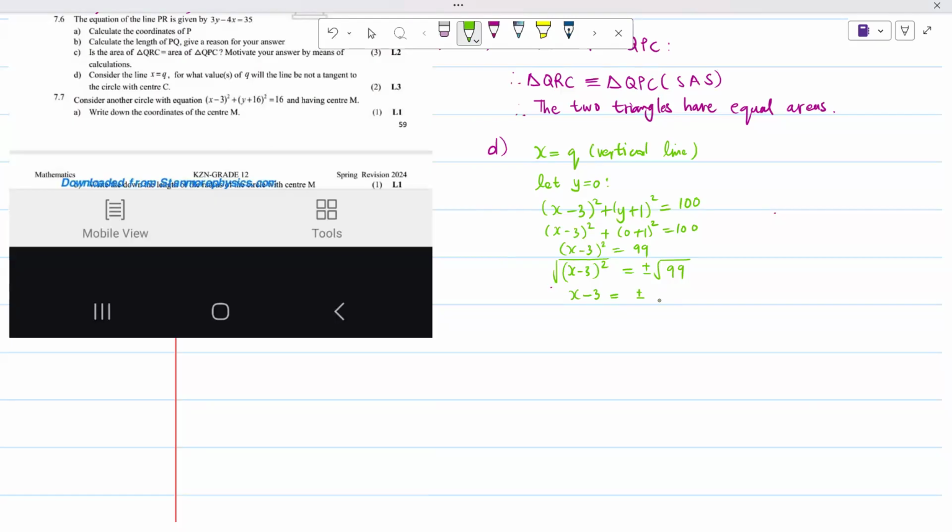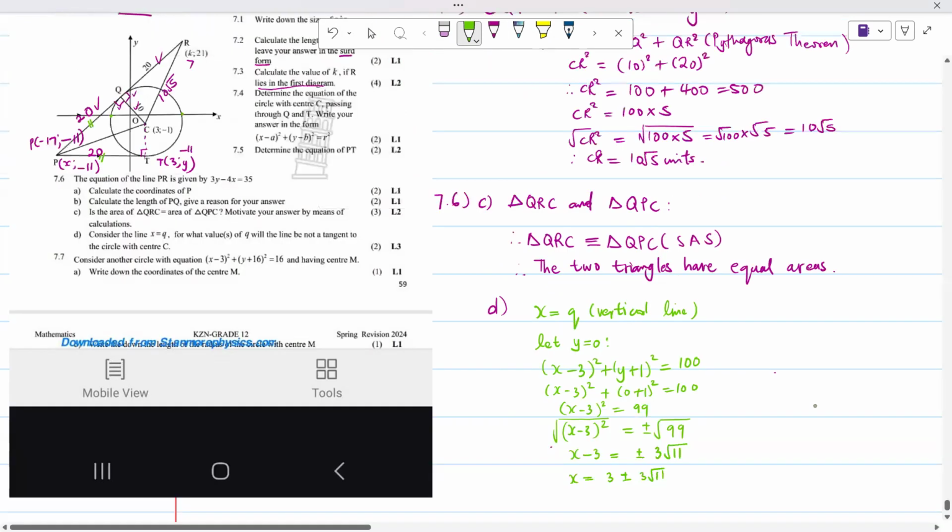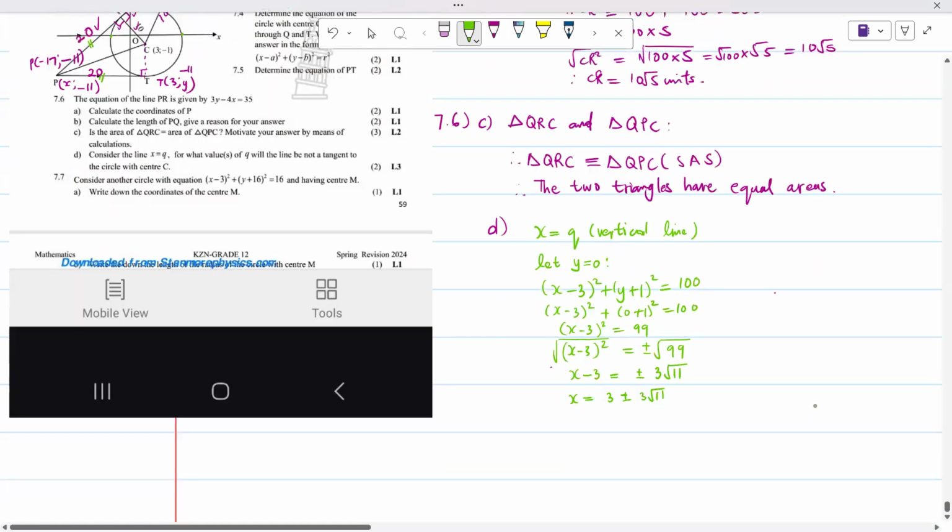Therefore, x will give us how much? x will give us 3 plus or minus 3 square root of 11. So this means the value of q, if I want the line x equals q not to be a tangent to this circle, must be anything between these x-intercepts. So that means 3 minus 3 square root of 11 must be strictly less than what? Must be strictly